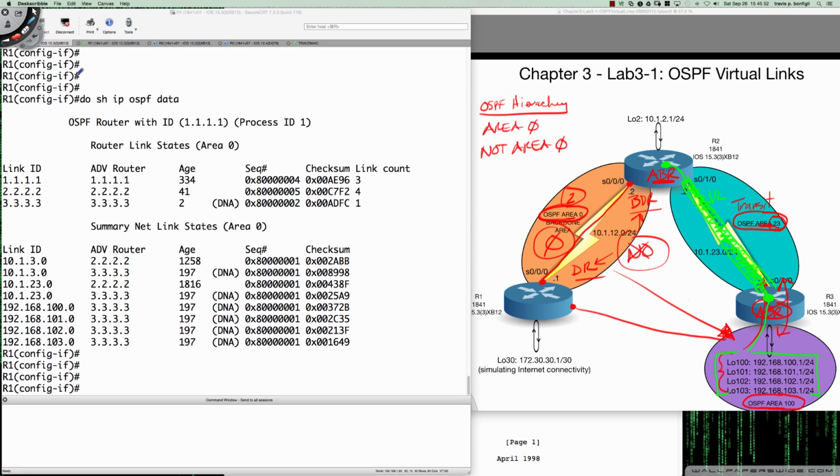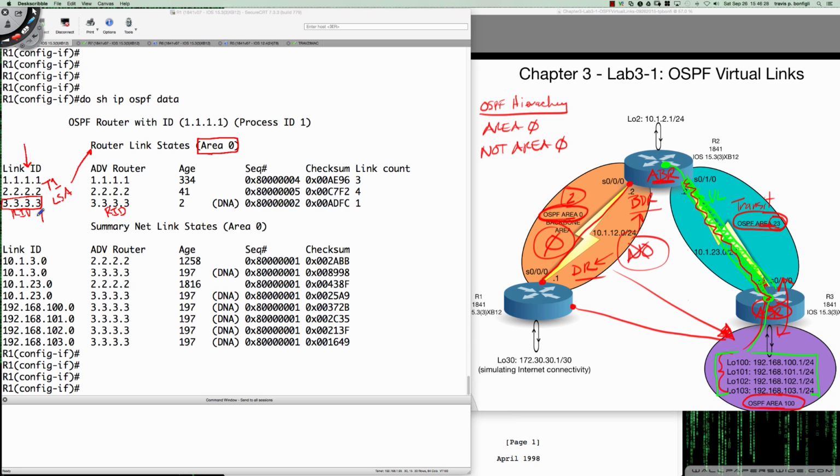We've got some very interesting information here. Remember, router 1 is only in area 0. So these are my type 1 LSAs, my router LSAs. The link state ID column here is the router ID, as well as the advertising router field. So who am I getting a type 1 LSA from? Take a look at that. This shows you right here that area 0 has been extended through this tunnel all the way down to